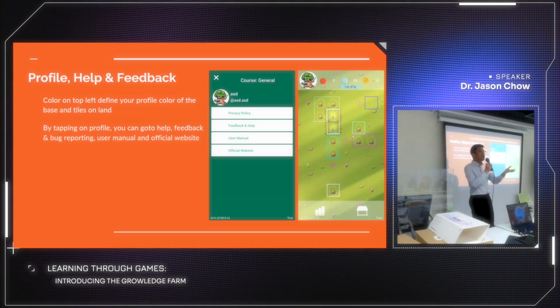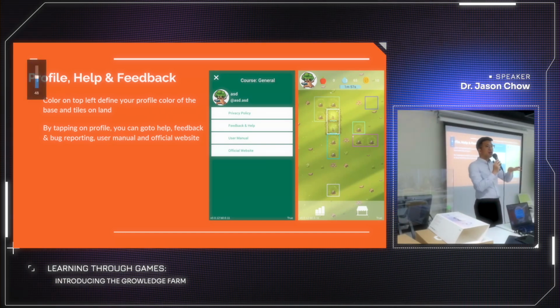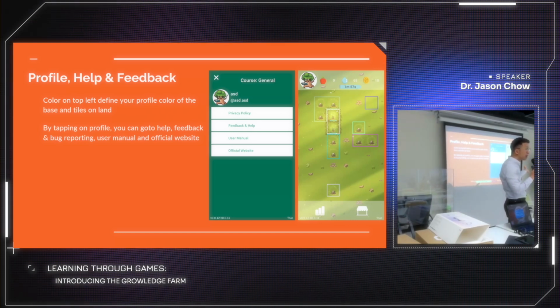So if you are teachers, you can use this game to create some competition for your students. You can create one map for each course and provide some questions, then they can do the quiz-based competition. In this session, we have demonstrated a number of course-specific games that we developed with colleagues in different departments, and this is a generalized game-based learning platform that can be used across different courses.